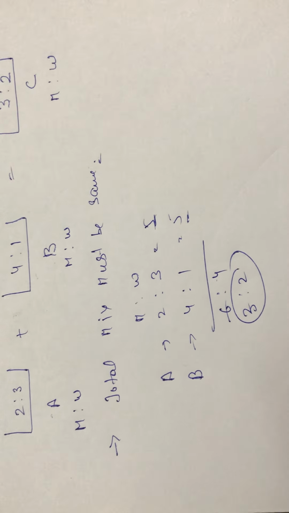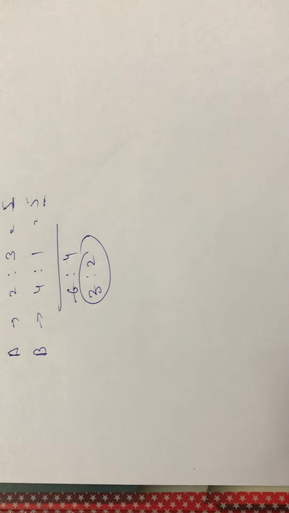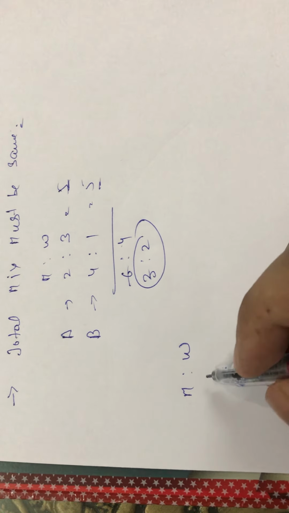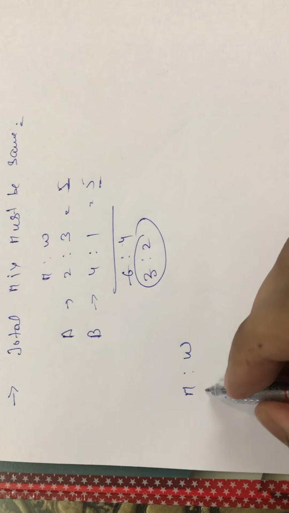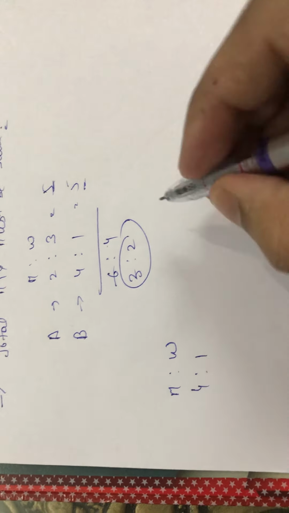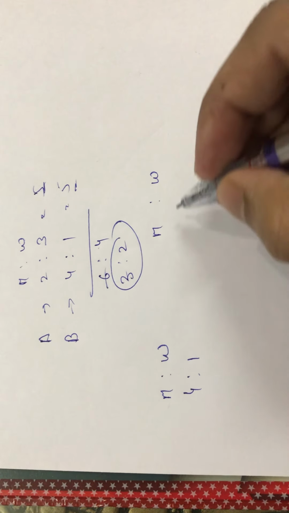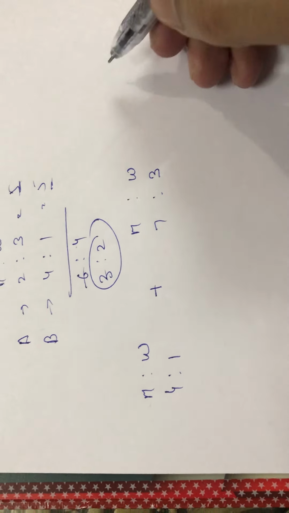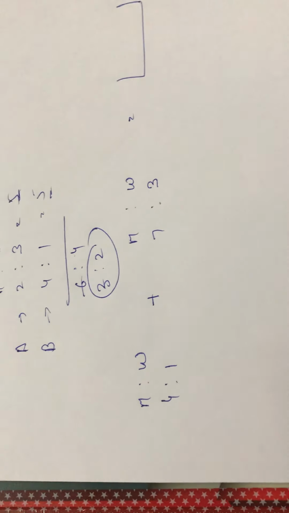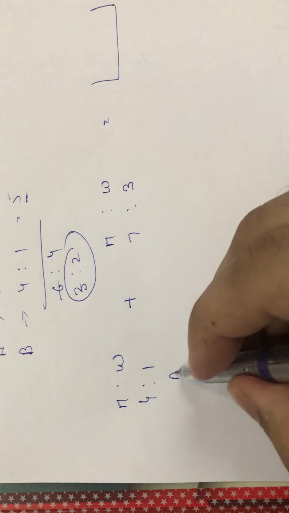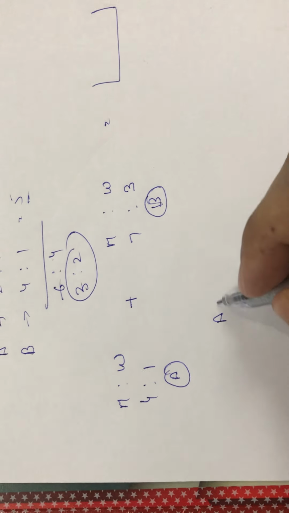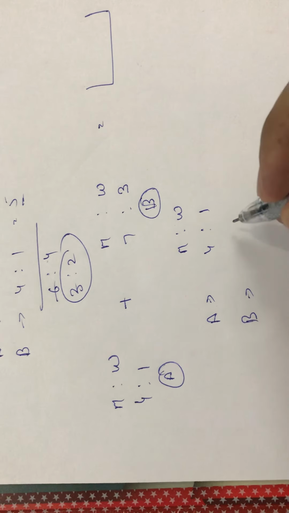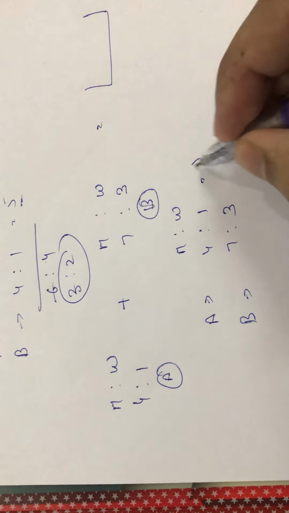Suppose the value is not the same. Suppose in bucket A milk and water is 4:1 and in bucket B milk and water is 7:3, and I want to add these two mixtures. So what will be the final mixture in the third bucket? I want to know this. So this is A, this is B. In A, the milk and water ratio is 4:1. In B, the milk and water ratio is 7:3. It is 5, it is 10.